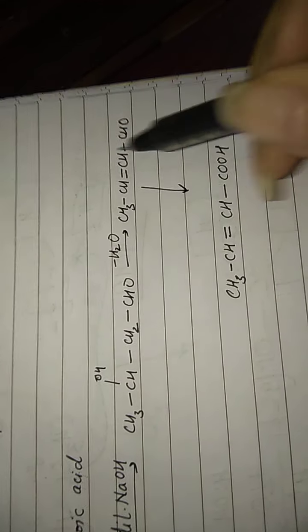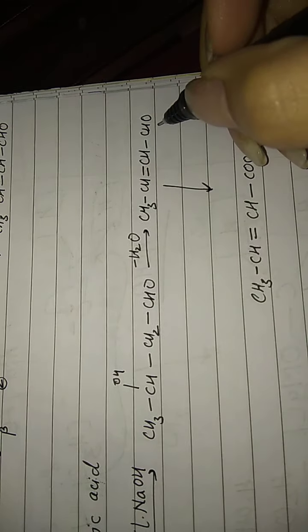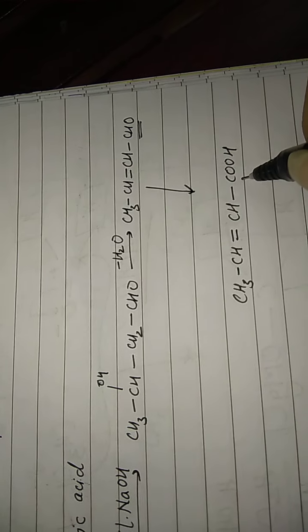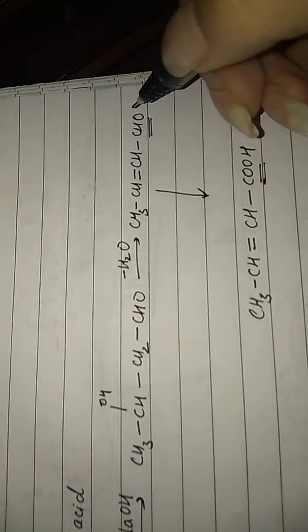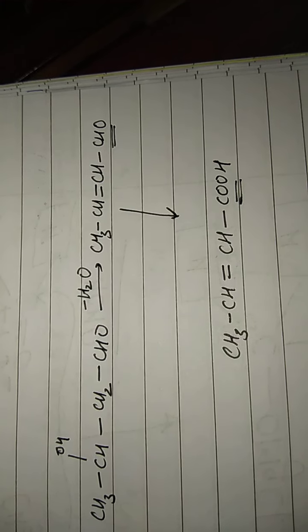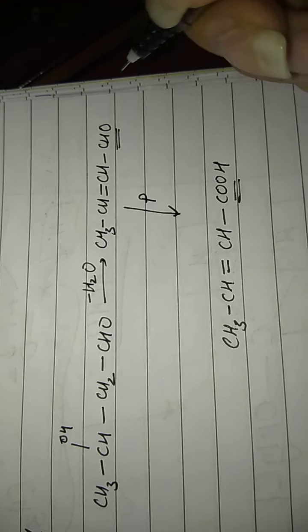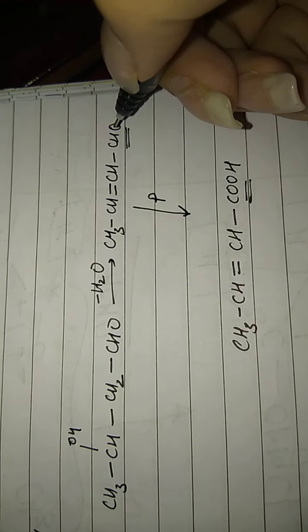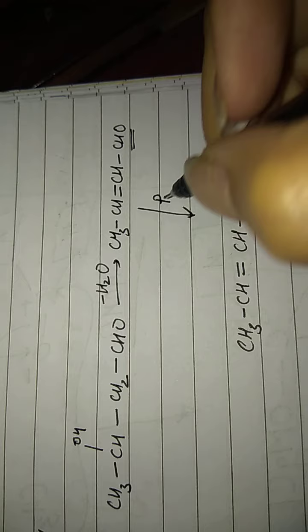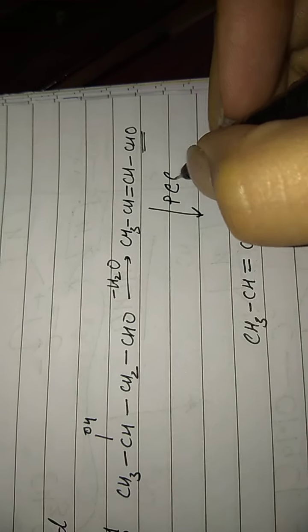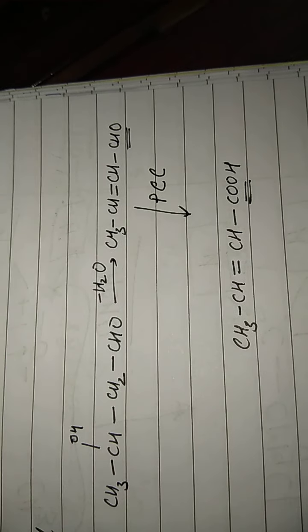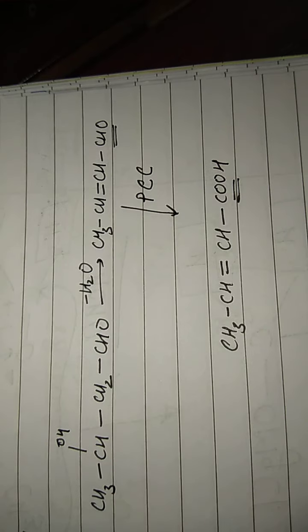Now in these two compounds, if we compare, the only difference is between these two functional groups. So I am converting the aldehyde to the carboxylic acid. How do I convert it? Simply by oxidation. So I am moving only one step forward, that is from my aldehyde to the carboxylic acid. So I can use a mild oxidizing agent, PCC. You can also use CrO3.